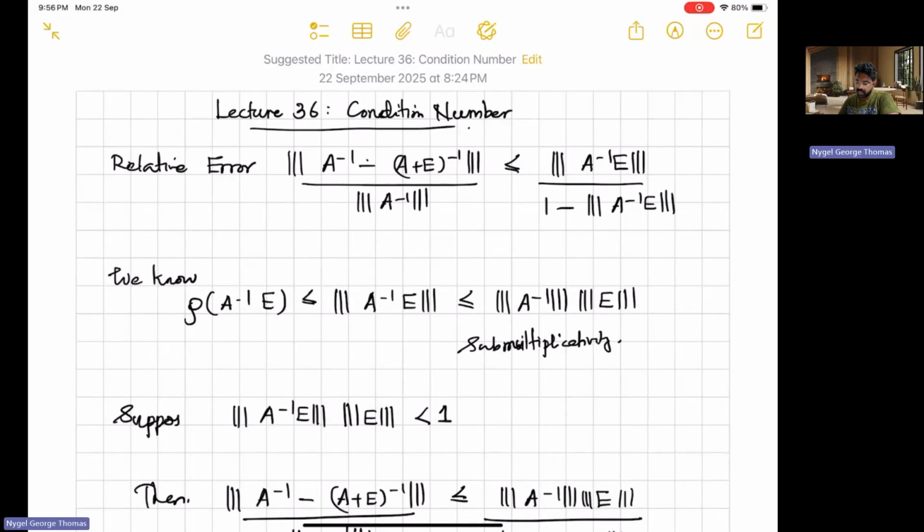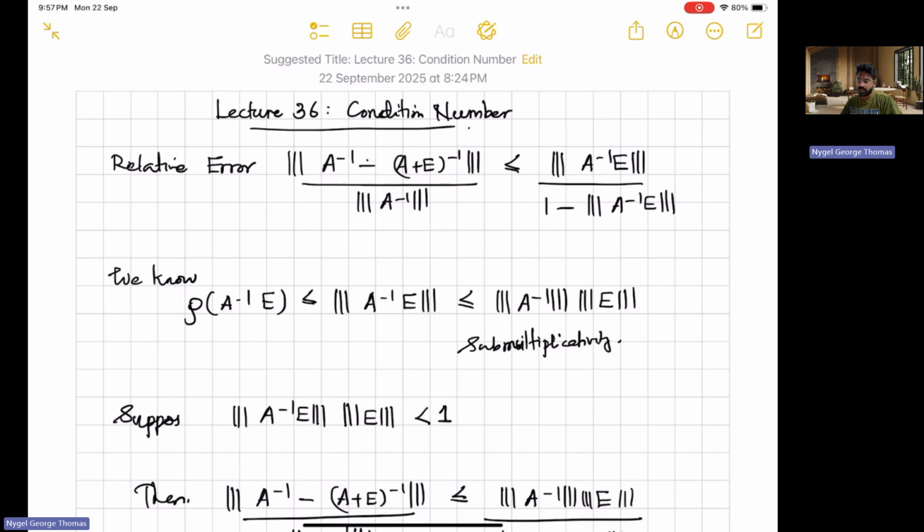Fine. Now let's look at another concept called the condition number, which is derived from what we have already seen related to the relative error. It is a compact way of representing a relative error. So we've already seen the relative error, which is the matrix norm of A inverse minus (A plus E) whole inverse